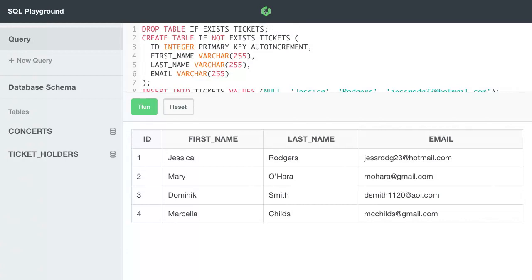And then, let's start looking at the columns. The ID column actually looks okay. So let's keep moving with the concert ID column. Let's change first name to concert ID. And instead of using a varchar, let's make this a small int to match with the ID from the concerts